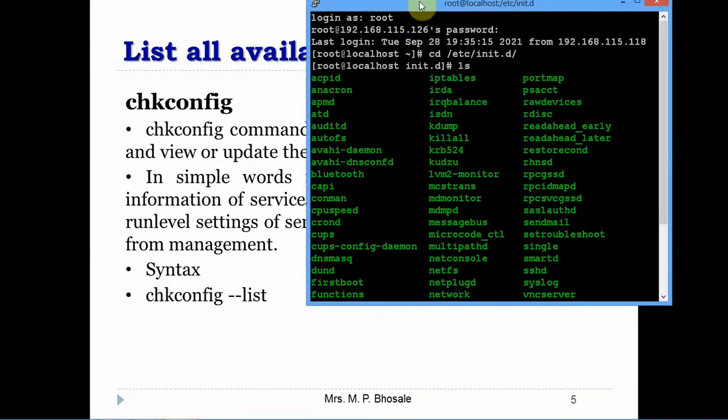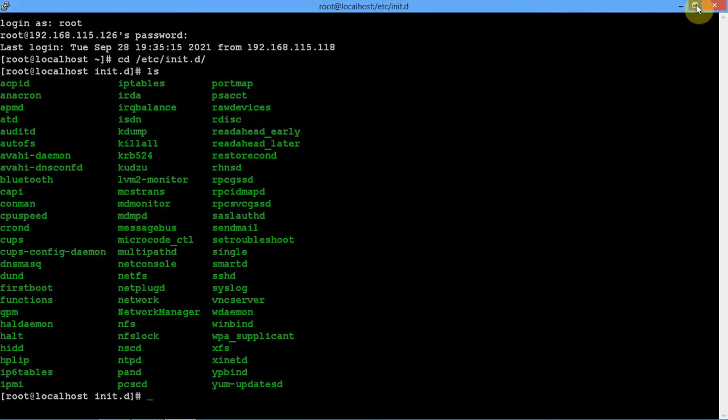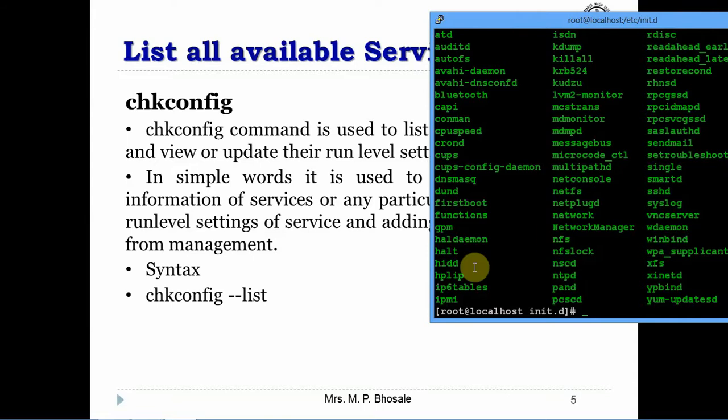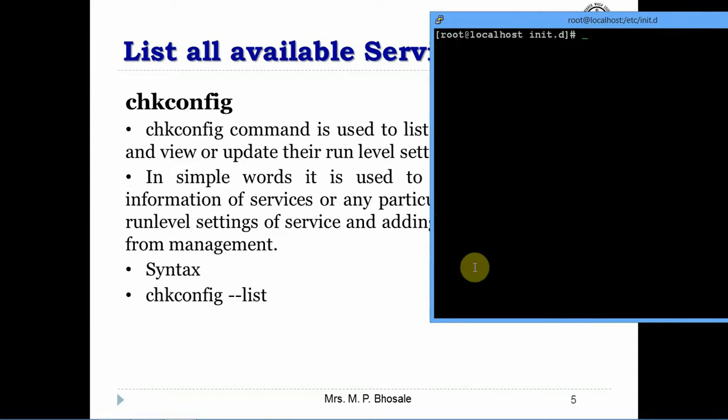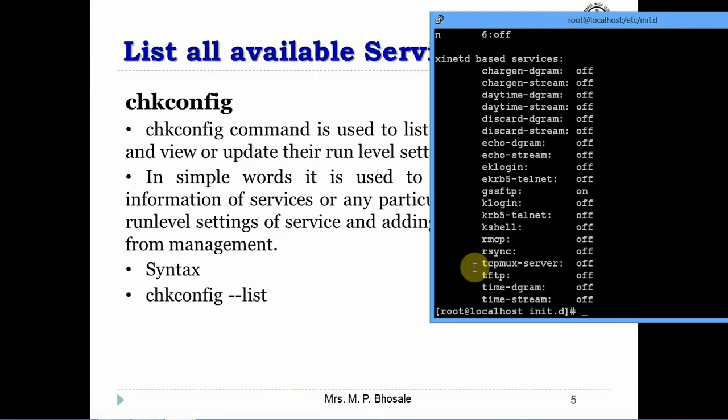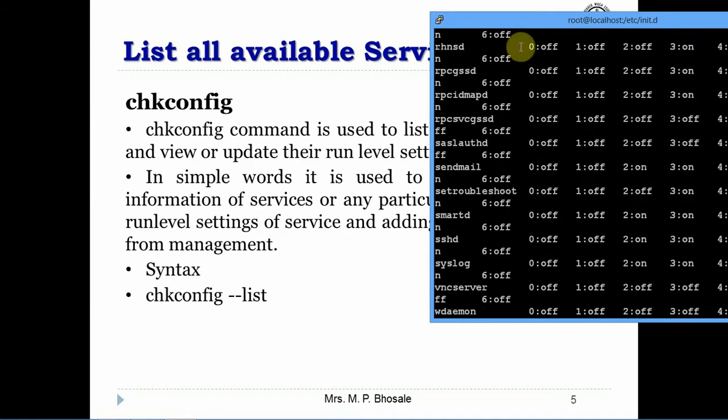I will just clear the screen and we will use chkconfig --list, and here you can see the list of all available services.